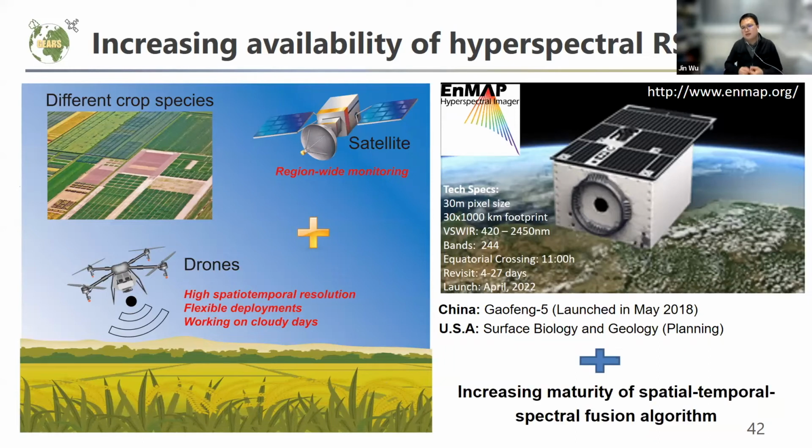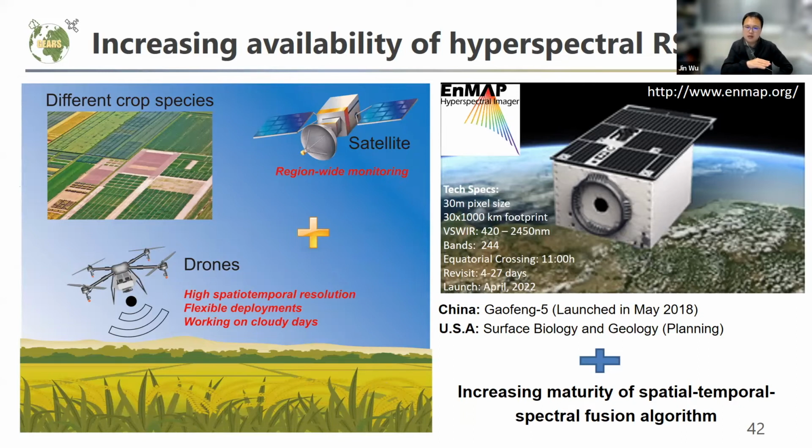And beyond that, nowadays, even from the technical side, we also have increasing maturity of spatial, temporal, and spectral resolution fusion algorithms. What does that mean? Imagine even now the hyperspectral data from satellites can be used, but their spatial resolution is a 30-meter pixel size. That means if we want to monitor large-scale crops, probably it's fine. But if we want to use this kind of information to contribute to precision agriculture, probably it is still too coarse, right? Because a single pixel can be a mixture of multiple different land cover types or different crop types. So that will make it really difficult.